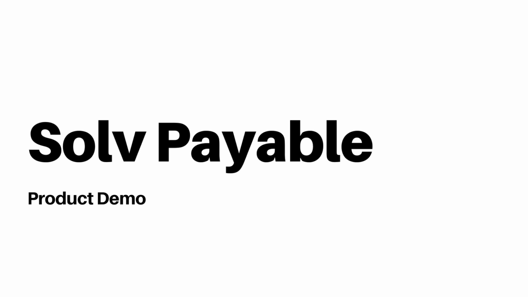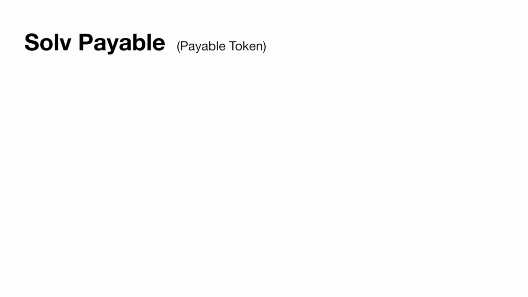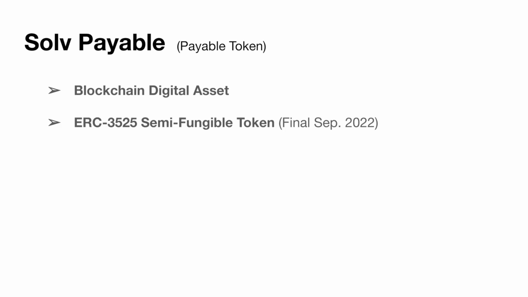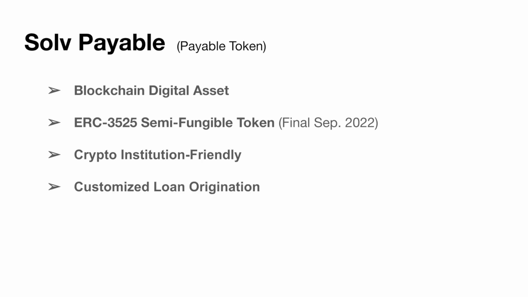In this video, I'm going to explain to you what Solv Payable is, what it does, and then I'll give you a quick walkthrough of this product. Solv Payable, or Payable Token, is a type of blockchain asset powered by the ERC-3525 token standard that allows a crypto-native entity to borrow liquidity by creating and issuing a token on Solv and pay back the principal and interest